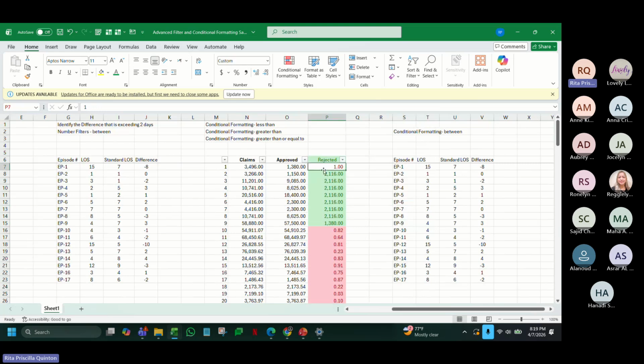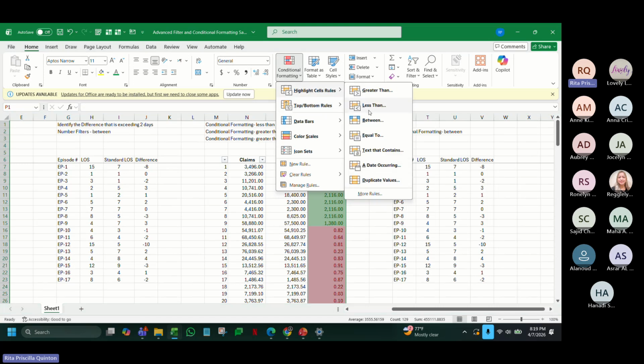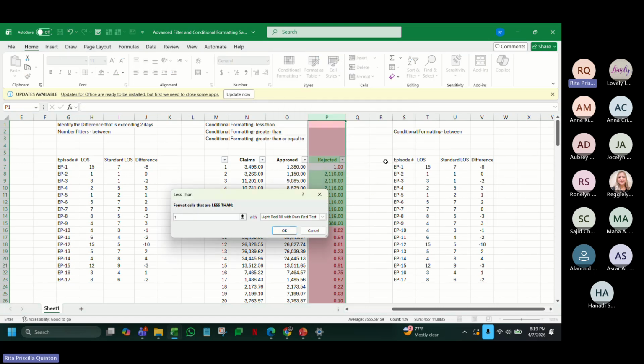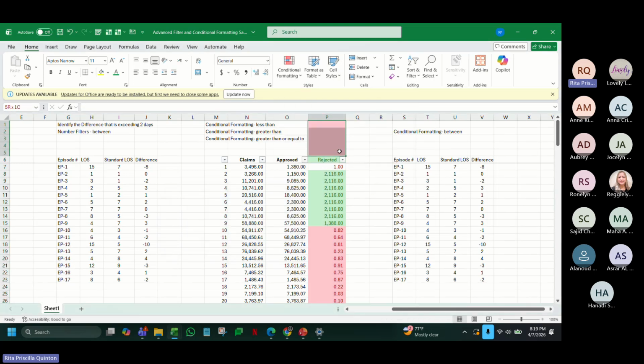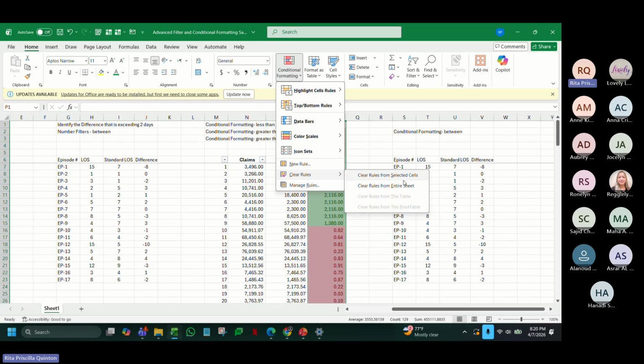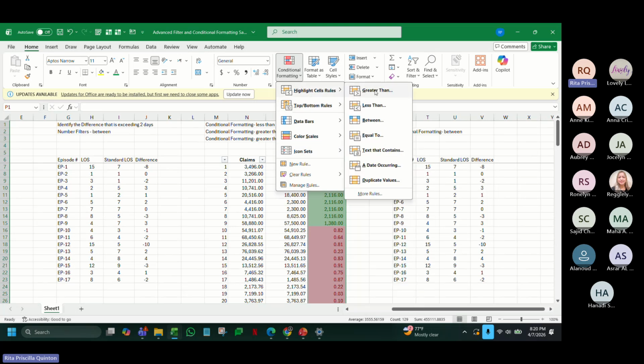If there are any questions so far, you can raise your hand. We can also do less than 1 real. Okay. If this is coming as red and you don't want it to be red, instead of clearing the rules, which will clear all the rules from selected sheets, you can go to highlight cell rules.